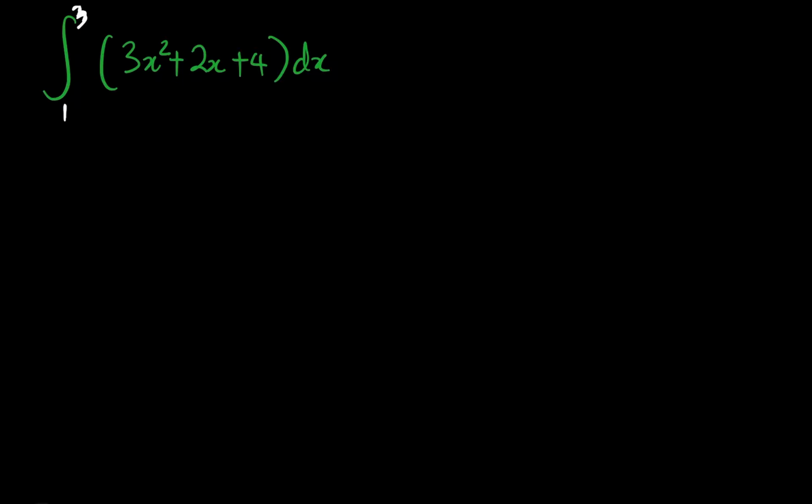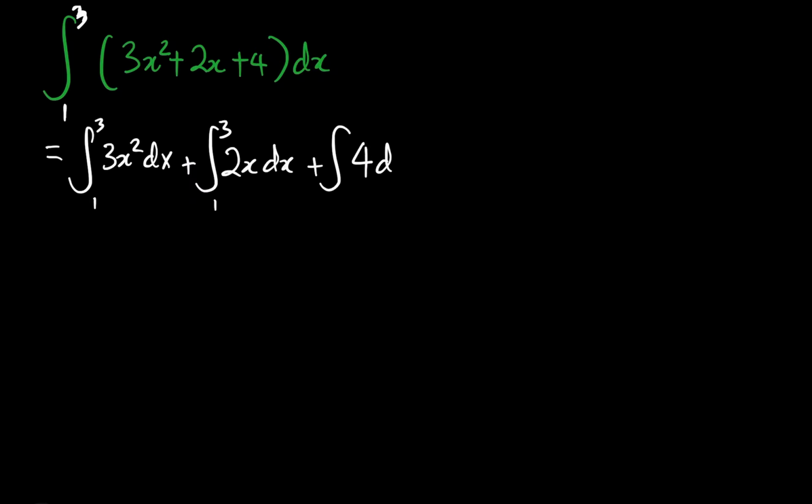So we're going to still apply the same rules. It doesn't change much. What we're going to do is integrate them individually, one by one. So it's going to be the integral of 3x squared dx, but this time lower limit of 1, upper limit of 3, plus the integral of 2x dx, this time lower limit of 1, upper limit of 3. The next one is the integral of 4 dx, lower limit of 1, upper limit of 3. Now, when we do that,